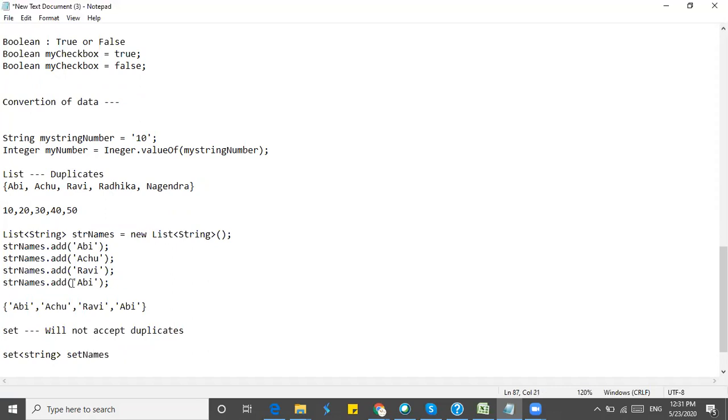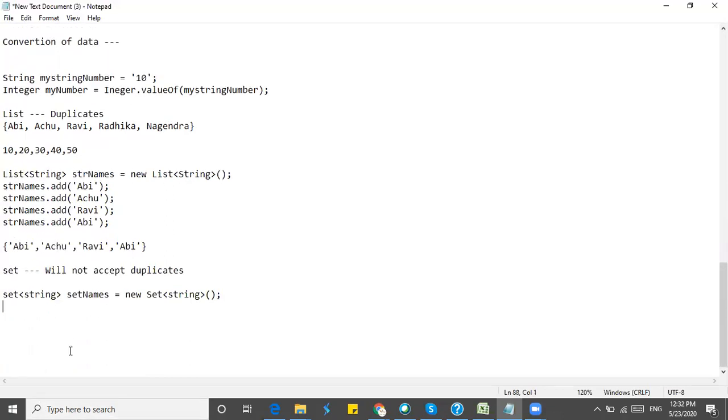This variable name we can give anything, it's just our own choice. Whatever we like to give, we can give as the name. It should not have any spaces or any special characters in the variable. It should be only letters, alphabets. So I have created a set called set names.